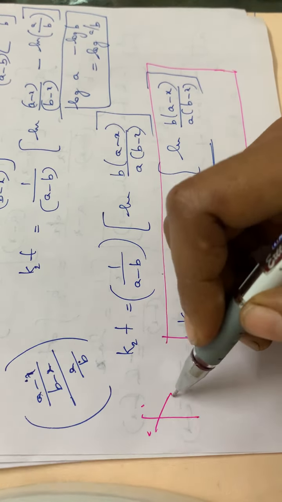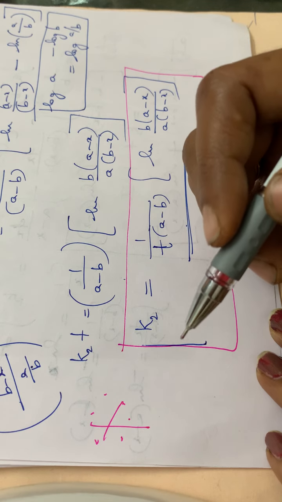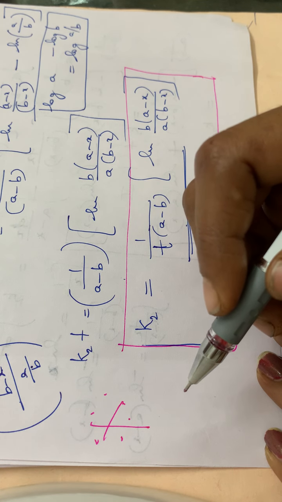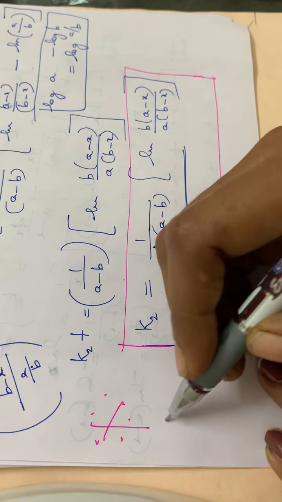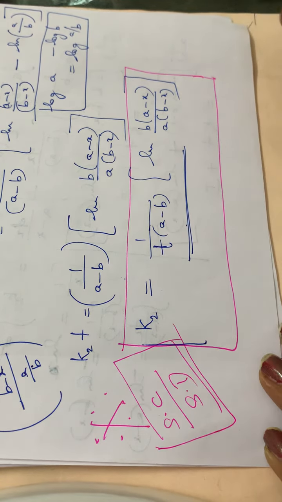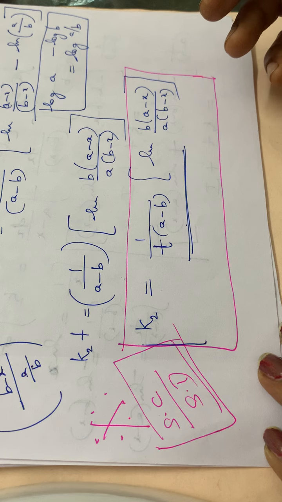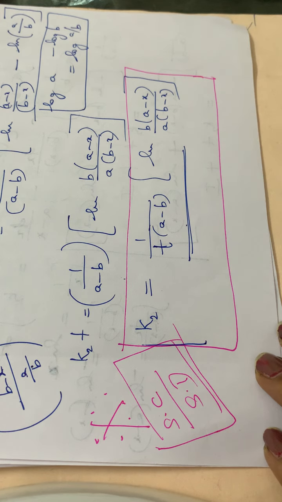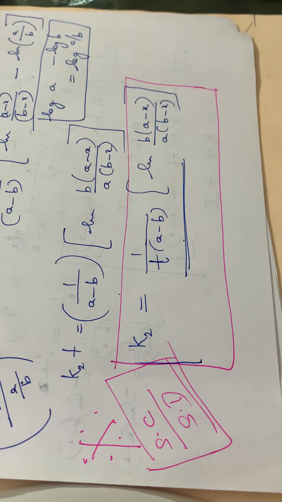These three derivations are very, very important. One of the derivations will be asked in your section C, or sometimes in an essay part. So you have to learn these derivations by heart. The remaining two derivations we can discuss in our next video, otherwise the video will be lengthy. Now it's 38 minutes. So please watch the video and upload the lecture notes. Please write the derivation as many times as you can so that you will be thorough with it.